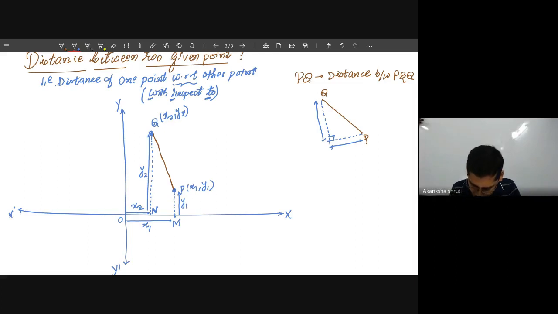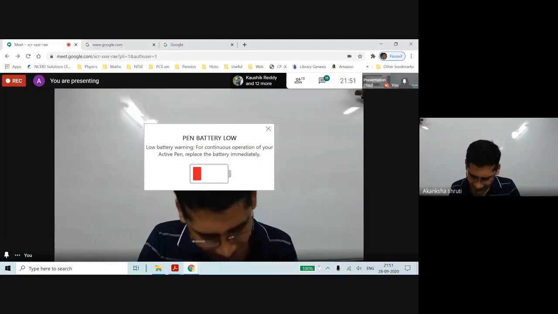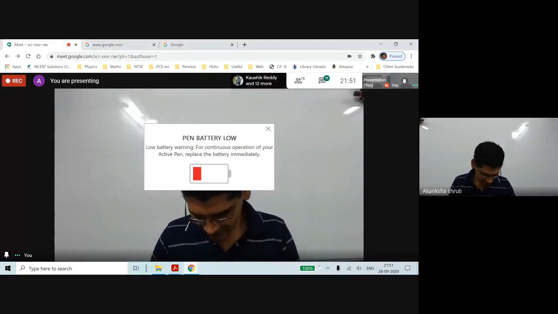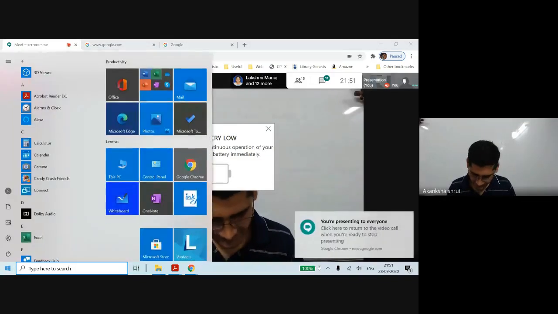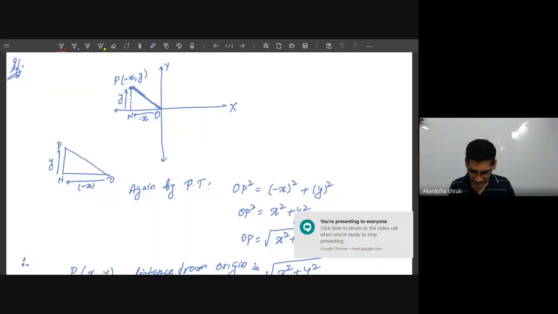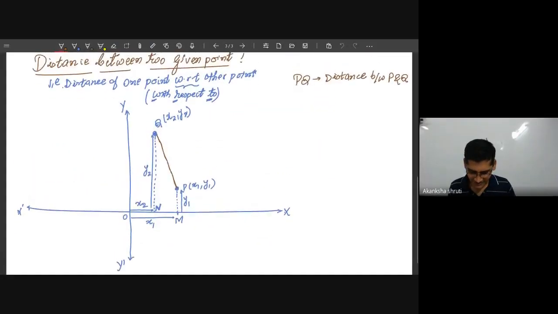A student, if you watch carefully, then if we draw the perpendicular from P over the y-axis, sorry, today this has disturbed me a lot. Okay, let us say, even though it is connected in charging, it is still showing not charging.